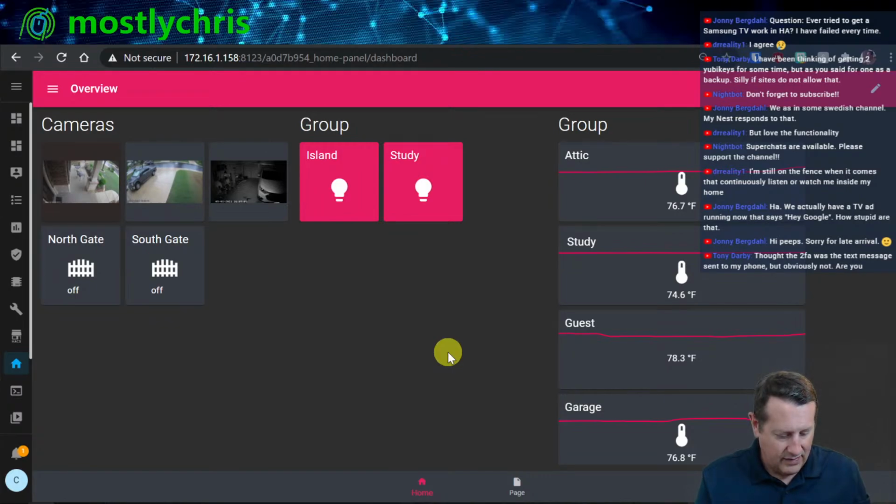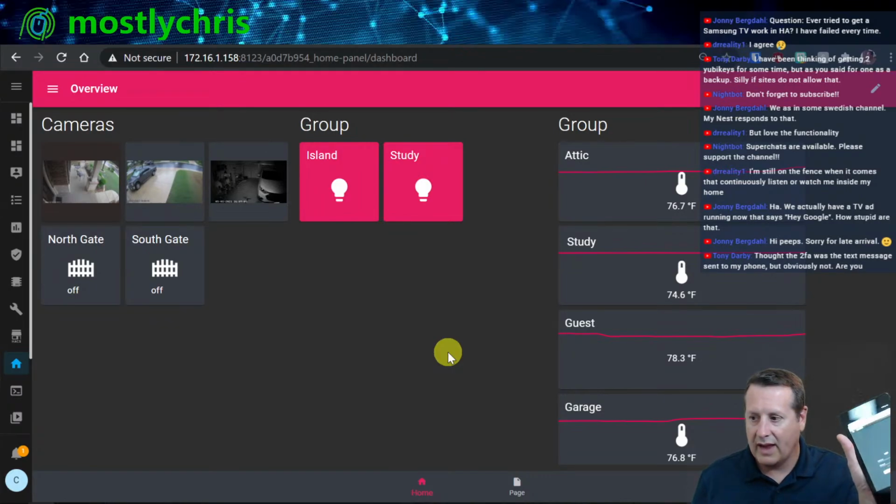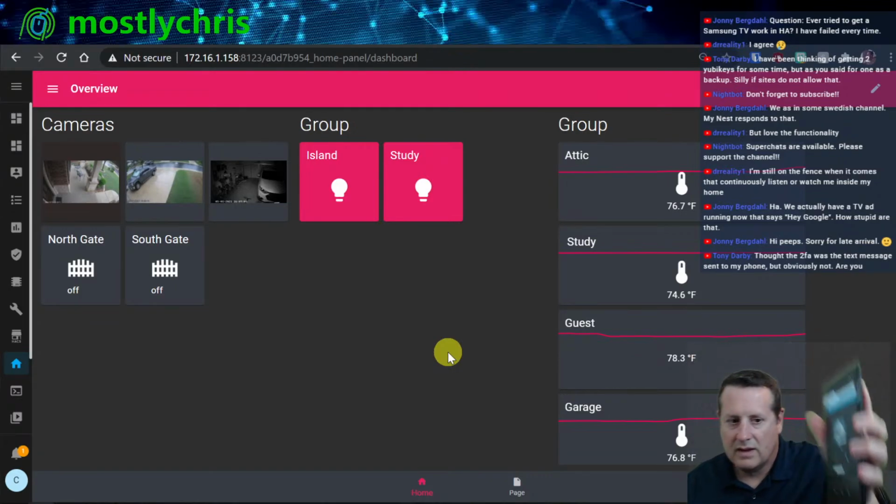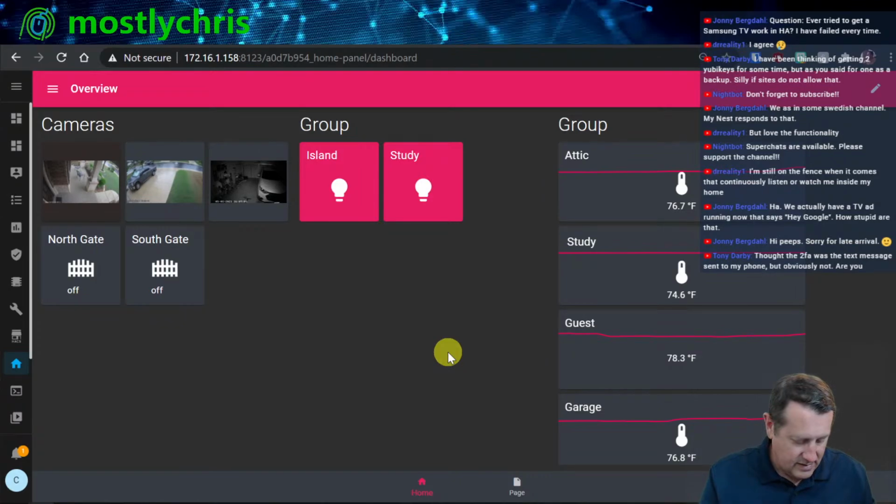I just need to log out of this. There we go. So now I'm logging out of Home Panel. See, and you get that login page. And I'm going to log back in with a different login. Maybe I used the wrong one. I didn't know I had different ones, but maybe I did. And we will try to see if it brings up